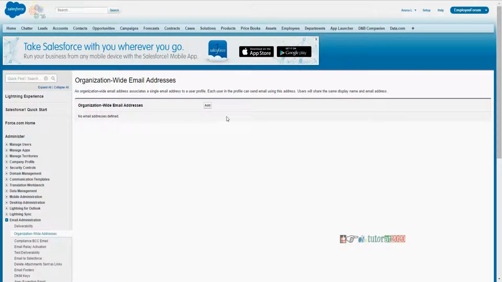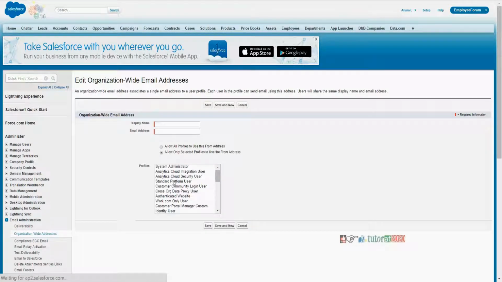Say for example Santosh and Abhinay are both working as system administrators in the same organization for the same client. If Santosh is off today and Abhinay is working on his activity, he should not be sending mail from his own email box. Even though he will send the mail from his email box, to the customer it will sound like the common email address of the system admin. So you have to create the organization-wide email address, and you have to assign that with